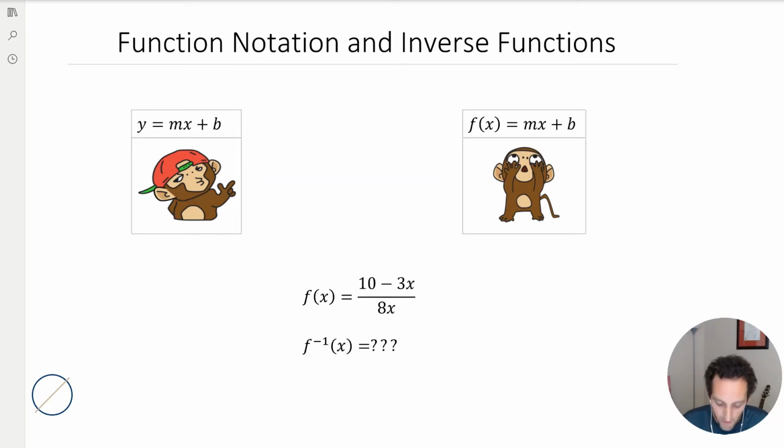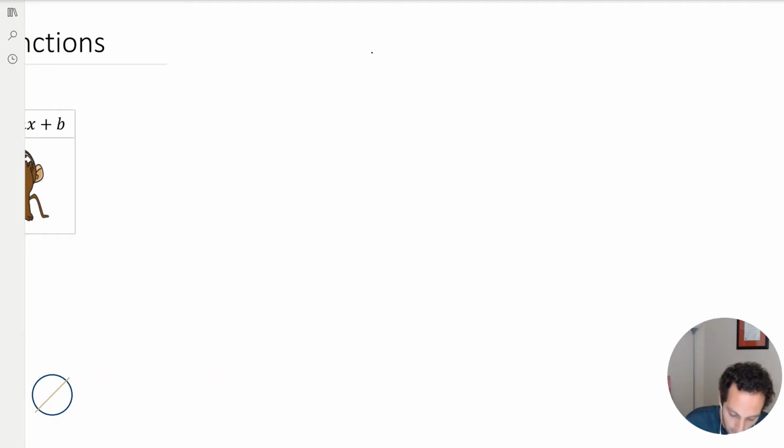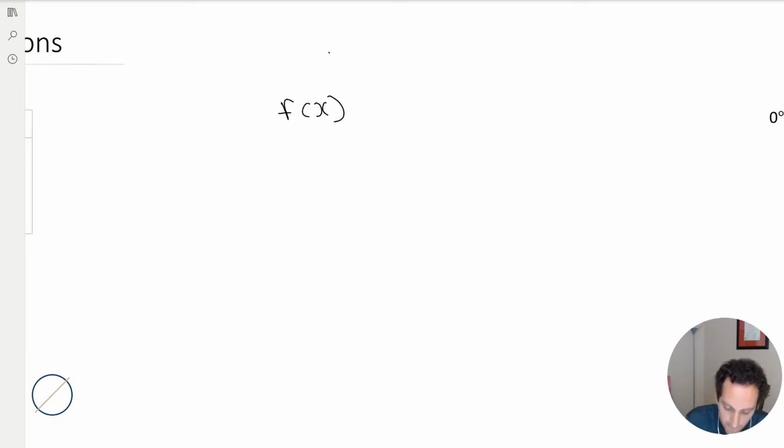So, first distinction is these are equivalent statements. They mean the exact same thing. All right? They're synonyms. All it is, f of x is just a more confusing way of writing what a function's name is. That's what we're going to call it. So, given that, we're going to have some f of x is equal to y equals mx plus b. These are the same things, but they're inherently different. So, given that they're different,